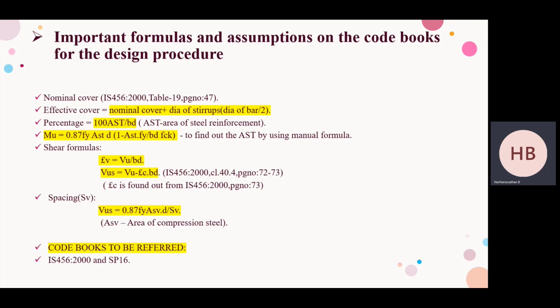This formula comes from IS 456 2000 clause 40.4, page number 72 to 73. Whereas tau c is found out from IS 456 2000 page number 73. And the spacing of the bars will be found out by Vus = 0.87 fy d / sv, whereas here Asp is the area of compression steel, and the maximum amount of spacing